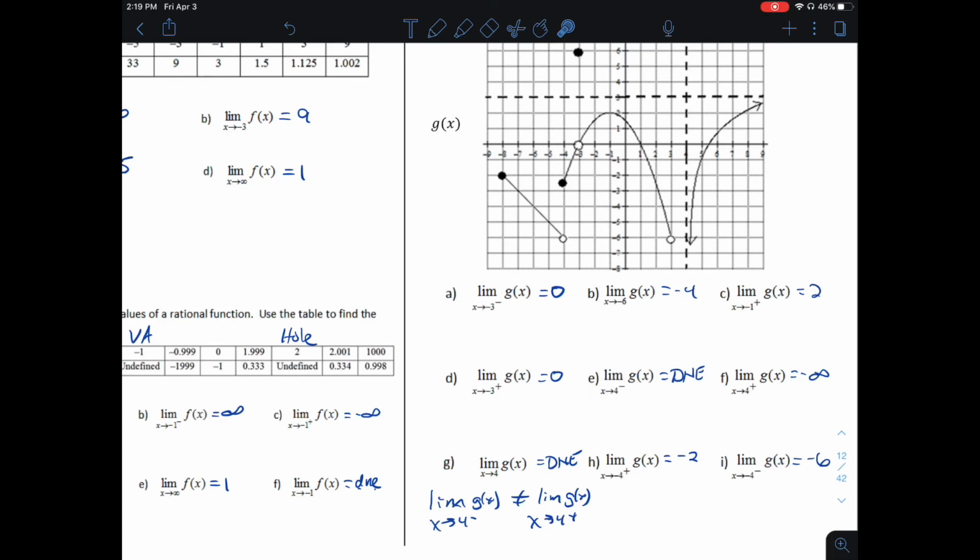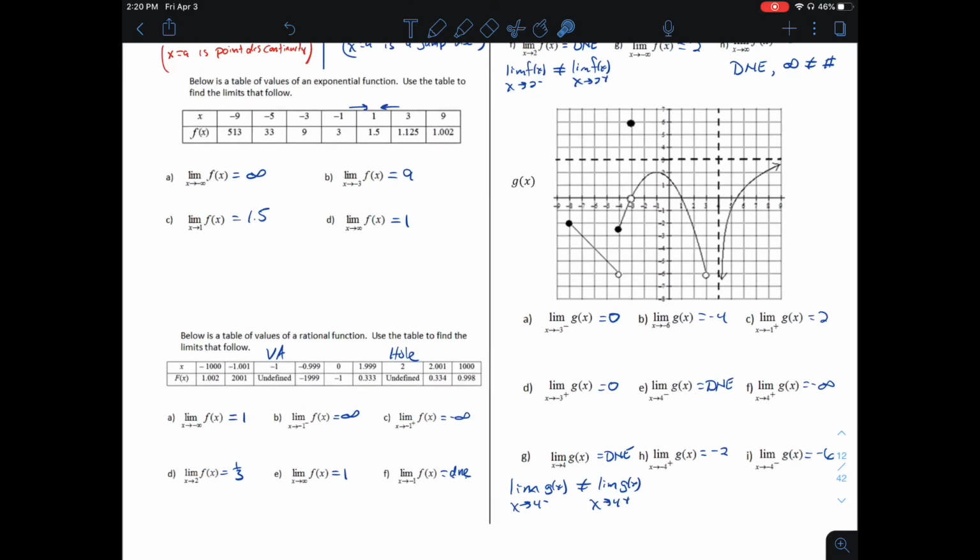Yeah, that's right. And then here, x is approaching -4 from the right. Y is getting closer to -2. X is approaching -4 from the left. Y is getting closer to -6. There you go. Hopefully that made some sense to you. A lot of similar concepts from what we did from last year. Please do the